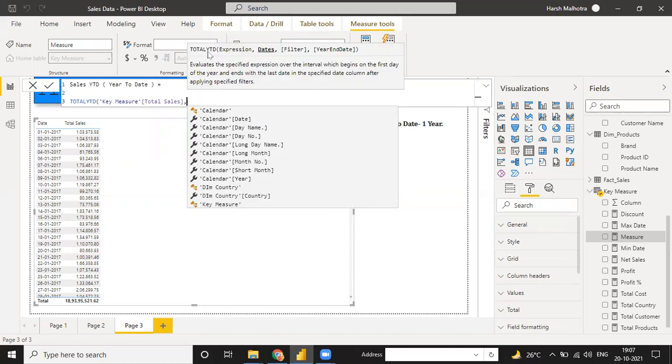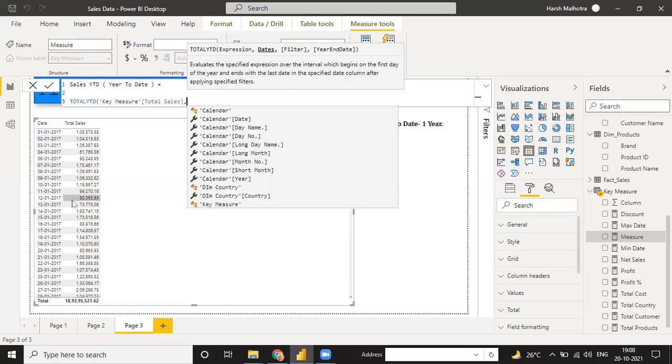See, what is the option here? TOTALYTD. And guys, when you are working on any DAX function, you need to first look at your function and read it completely. It says: evaluate the specified expression over the interval which begins on the first day of the year and ends with the last day in the specified date column after applying the specified filter. It means you are using your total sales value from the beginning of the first day to the last day of the specific date.